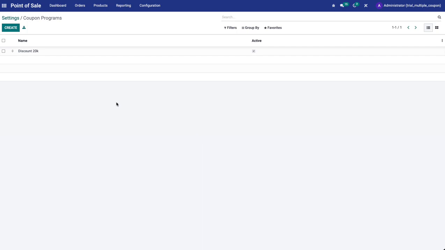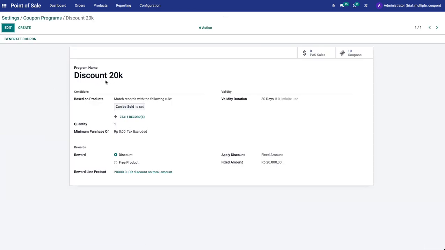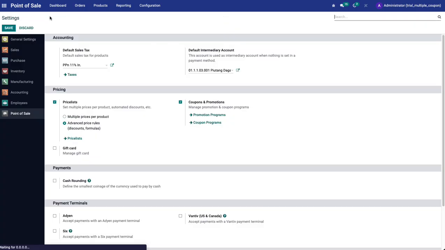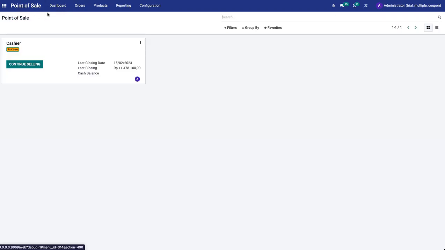or more. As you can see here, I created one program called discount 21k, which is a fixed amount of 20,000 rupiah here. So if this voucher is inputted in the POS, it will deduct the price of the product. After that, we can go back to the point of sale dashboard and select one of your cashier